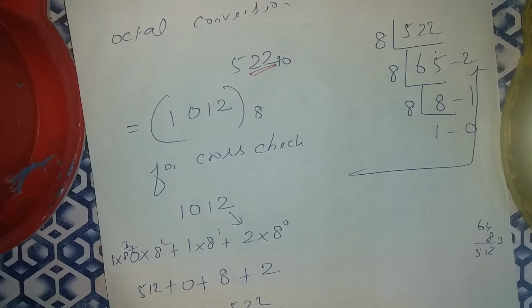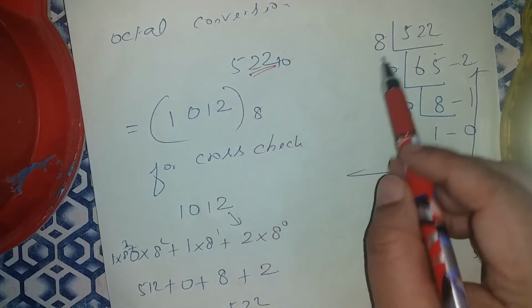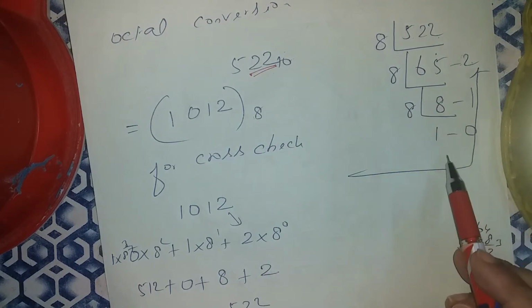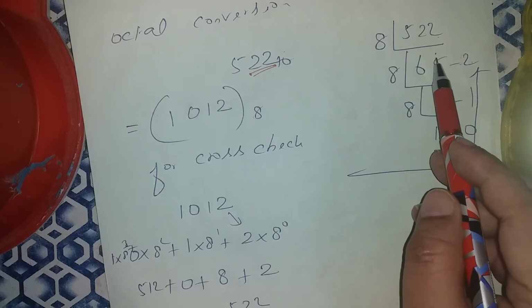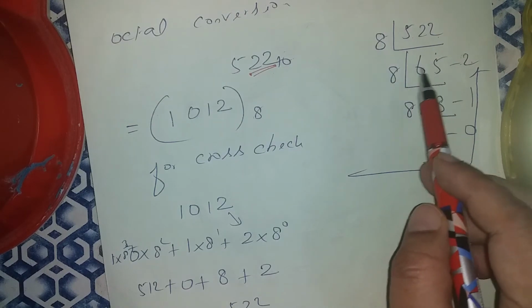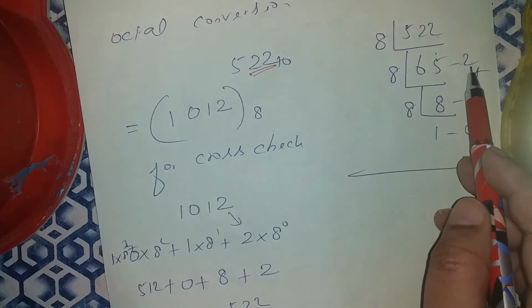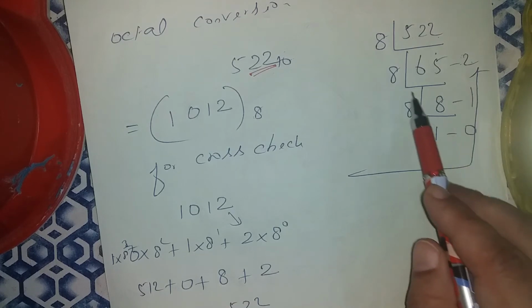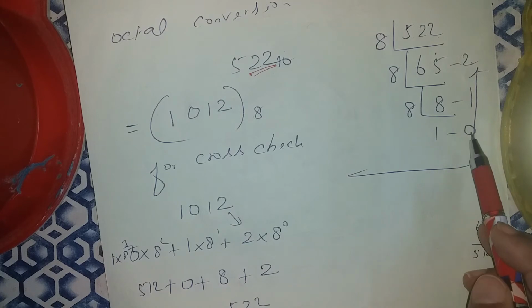Any doubt here? So I got the number 522. To convert into octal, 522 divided by 8. So 2, 1, 1, 0. Sir, why are you putting 2? The maximum division quotient is 65, and the remainder is 2. Write 2, no problem. Then 1 or 0, something like that, okay? So again you are dividing, 1 has come. So 1, 0, 1, 2.